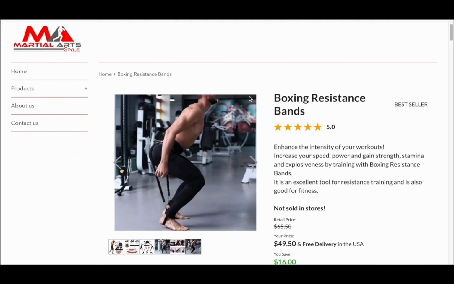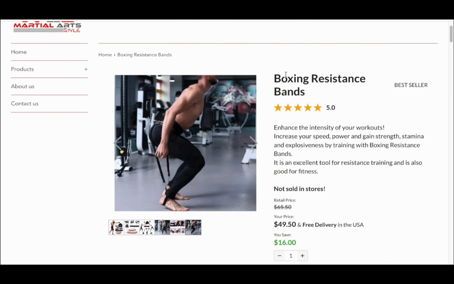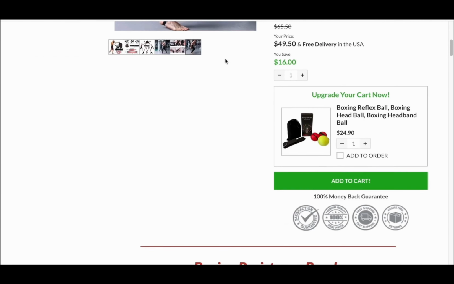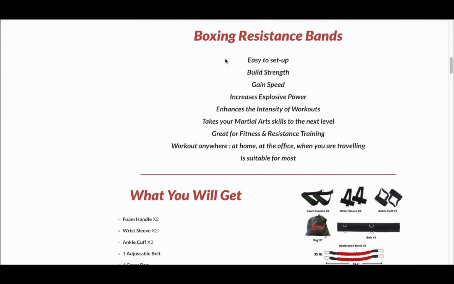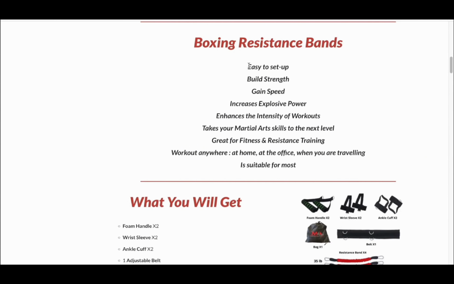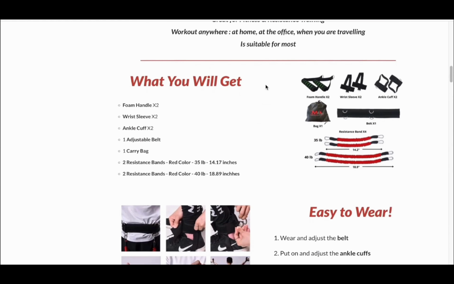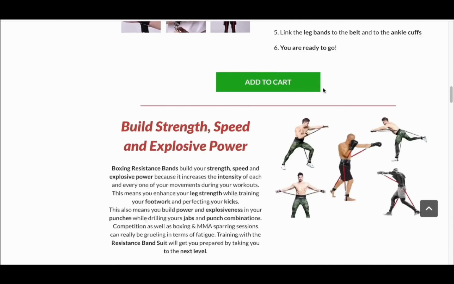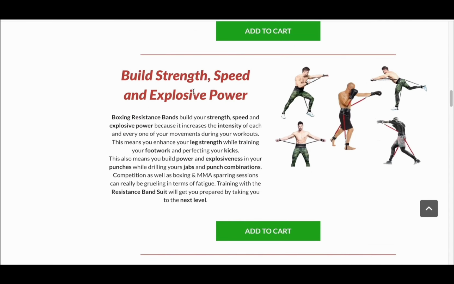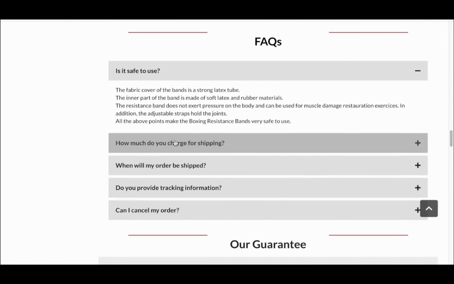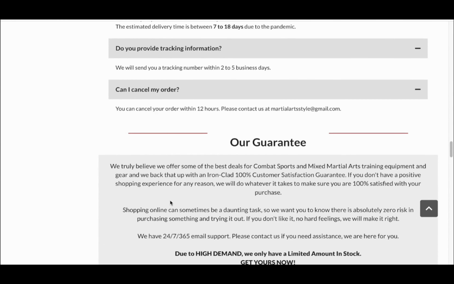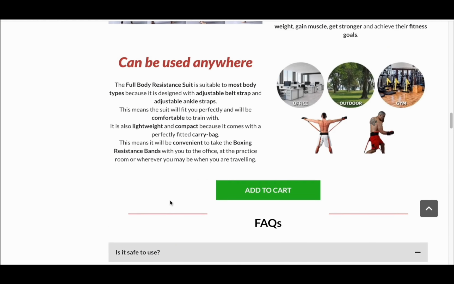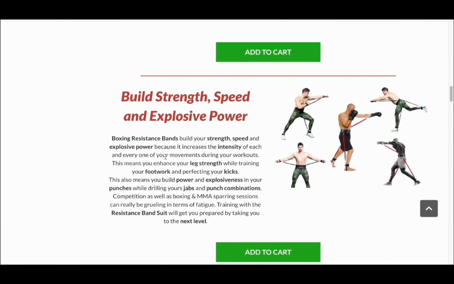Okay, here's the first website. As you can see, they're selling the same boxing resistance bands. And what you want to do is go through their website and look at how they're selling it. Look at their product description and what they're writing about. So here they have a whole bunch of features, easy to set up, build strength, gain speed. And then they have a section for what you will get, easy to wear, build strength, speed, and explosive power. So what you want to do is you want to go through multiple websites to see how other people are promoting their product and what their product description looks like, right? When you go through it, you can see how other people are writing their descriptions and you can use it